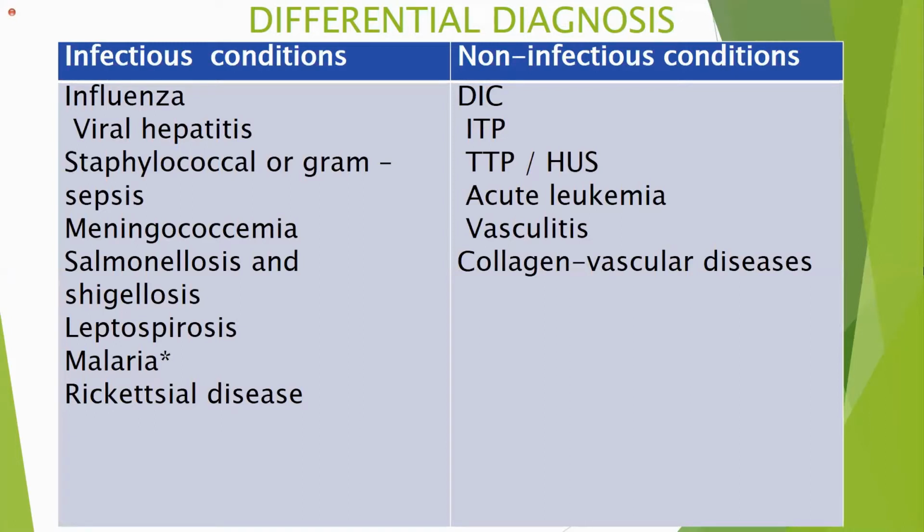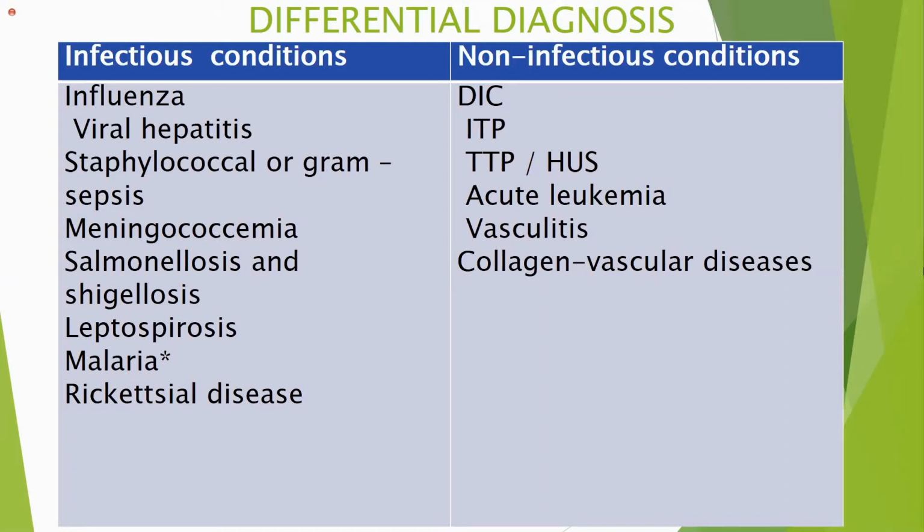So the differential diagnosis of viral hemorrhagic fevers. There are different conditions that can mimic these viral hemorrhagic fevers. We have to think of other medical conditions because they simulate viral hemorrhagic fevers. Influenza, because these persons have high-grade fever, sore throat, and also body aches, myalgias. So we have to keep influenza in our differential diagnosis in the initial stages. Viral hepatitis, as most of them affect the liver with raised